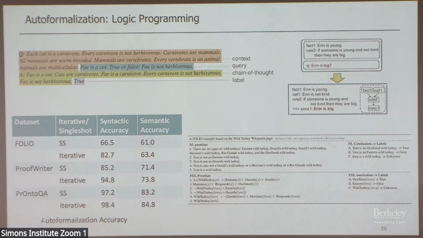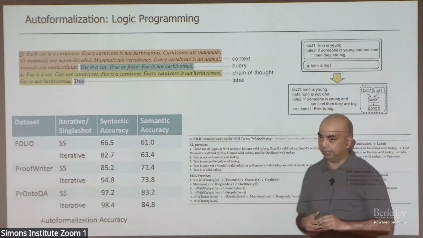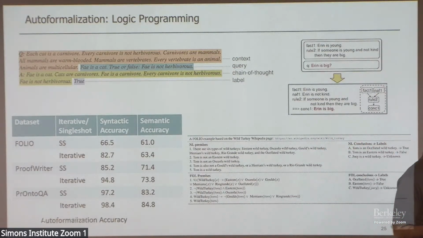Over the last 2-3 years, we have found that these large language models have become really, really good at auto-formalization, especially when you look at syntactic accuracy. If you are familiar with Wolfram, you can go to their website. They maintain a whole list of language models and how accurate those models are in taking word problems and summarizing them into the Wolfram language. And it's alarmingly high accuracies across different families of large language models. We have observed the same thing here.